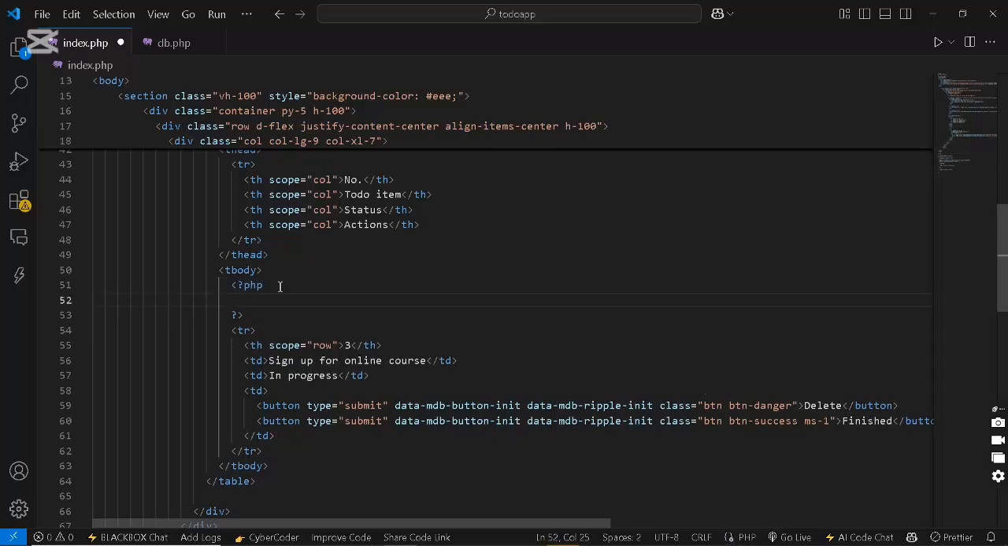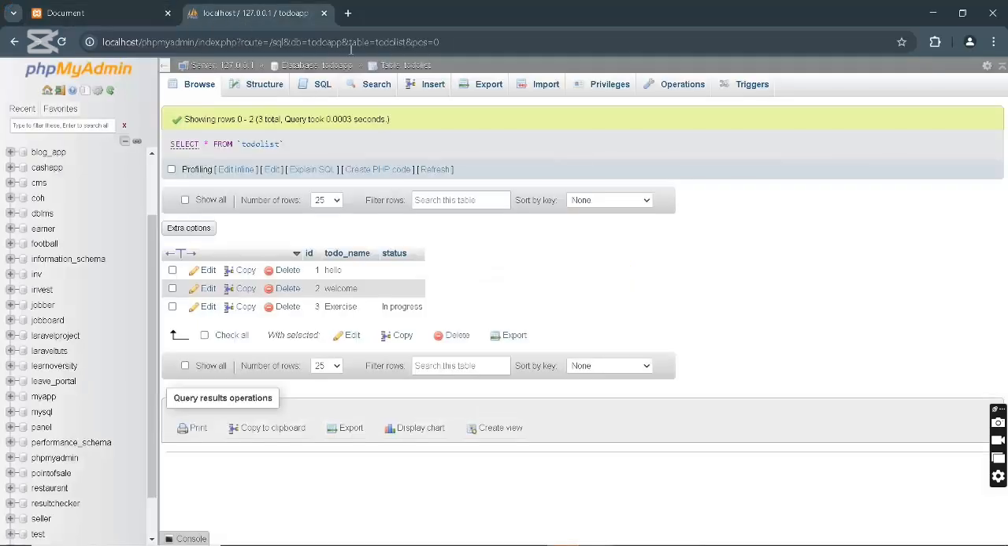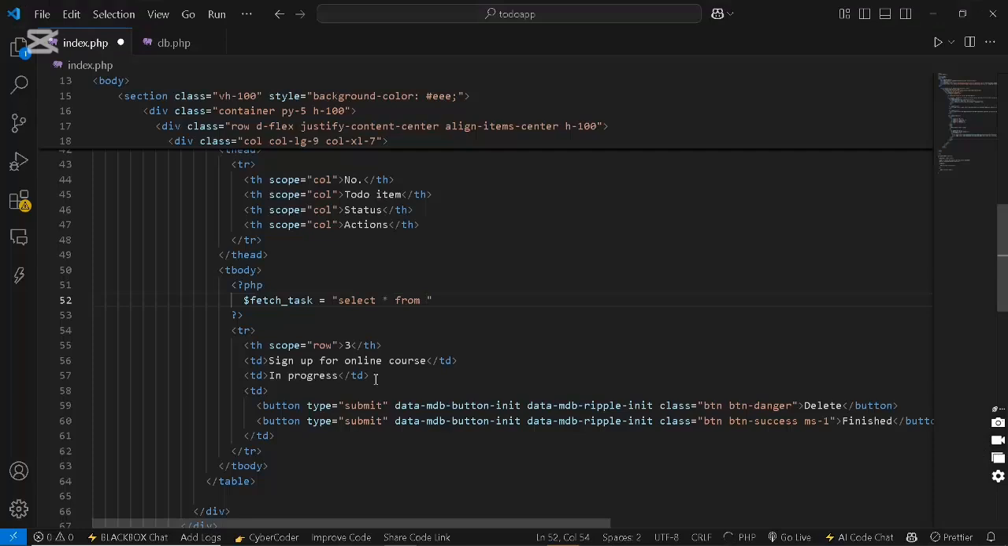So the first thing we need to do is to create a variable, and we can name this $fetch_task equals to, so our basic CRUD function, select all from. Now remember the name of the table, select all from to-do list. So select all from to-do list,